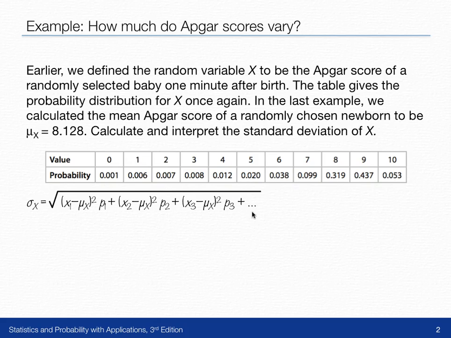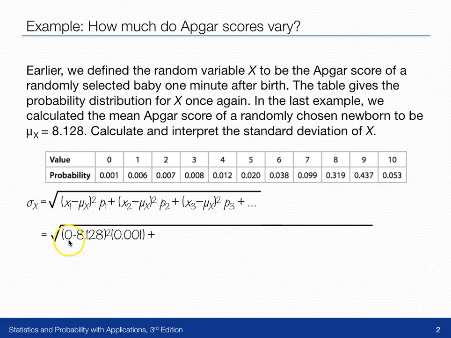So let's go through this pretty slowly here. The first item in the table is 0, and we're going to subtract the mean of 8.128. We're going to square that difference and multiply by the probability of 0, which is 0.001. We can see that in the table right here. And then we're going to go to the next item in the table, which is 1. And we're going to find the difference between 1 and 8.128 and square it and multiply by the probability of